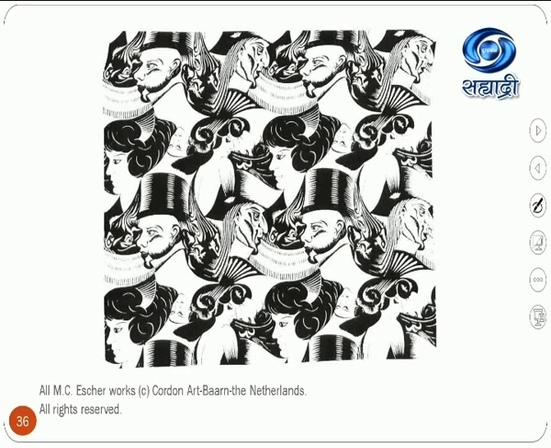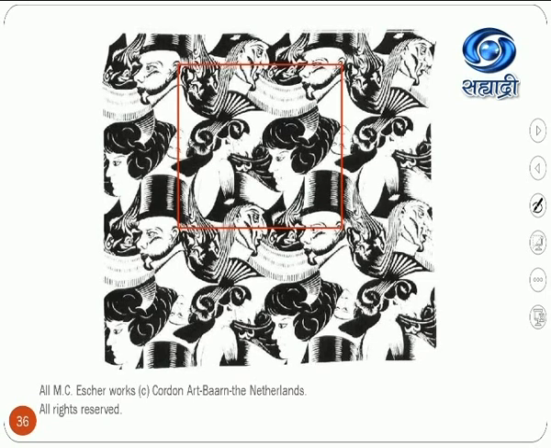I am giving a very simple picture here, and I am going to put 1 square in this particular picture. So now this is 1 square. If you draw another square here like that, the next square is on the downside, and one more square on the left side, one more square on the upside.